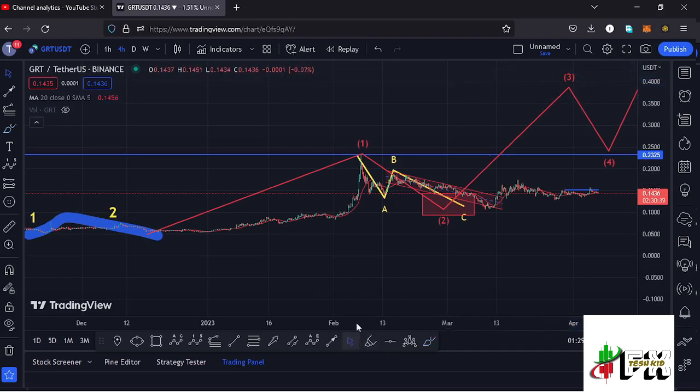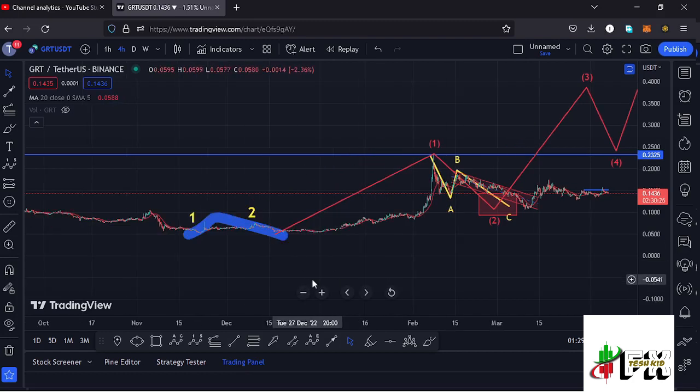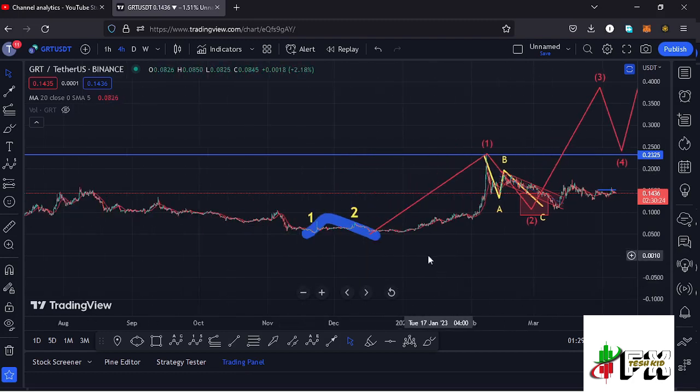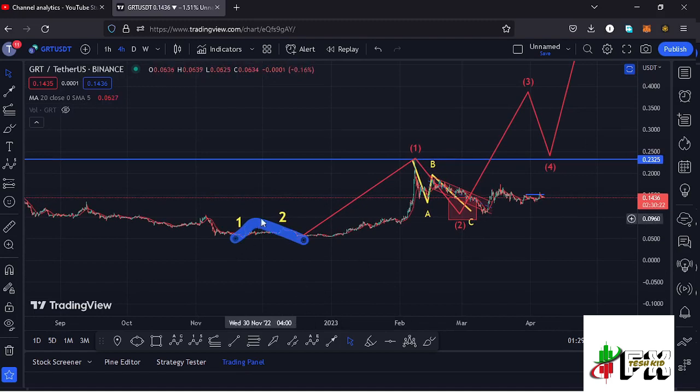and all this is playing out after we fully peaked in the formation of this larger Elliot wave count 1 in a move that gave us a high at around the $0.2325 mark. And before we started our Elliot wave structure to the upside, we had been seeing higher prices in this 1-2 setup to the upside. And before I get further into the technical analysis to give you the short-term scenarios and also sketch my target areas to the upside in the formation of this wave 3,